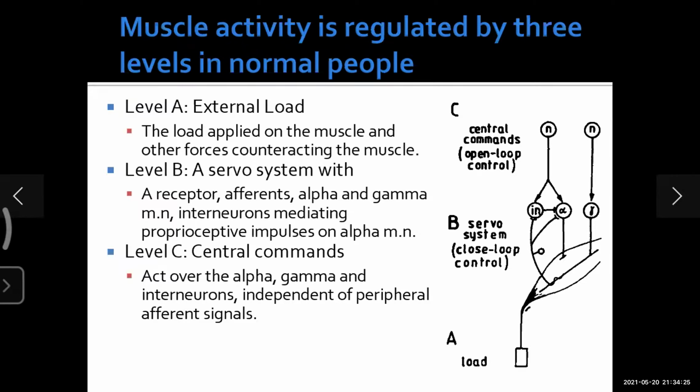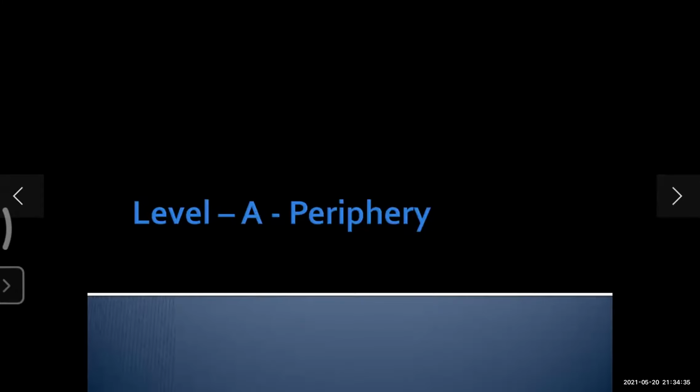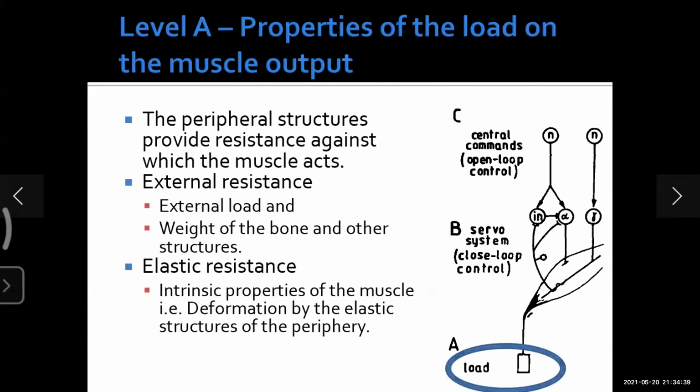So let us go one level after the other and see how the muscle is being controlled at each level, so no need to connect or confuse them. The first one is the peripheral level. If you look at the peripheral level, now,